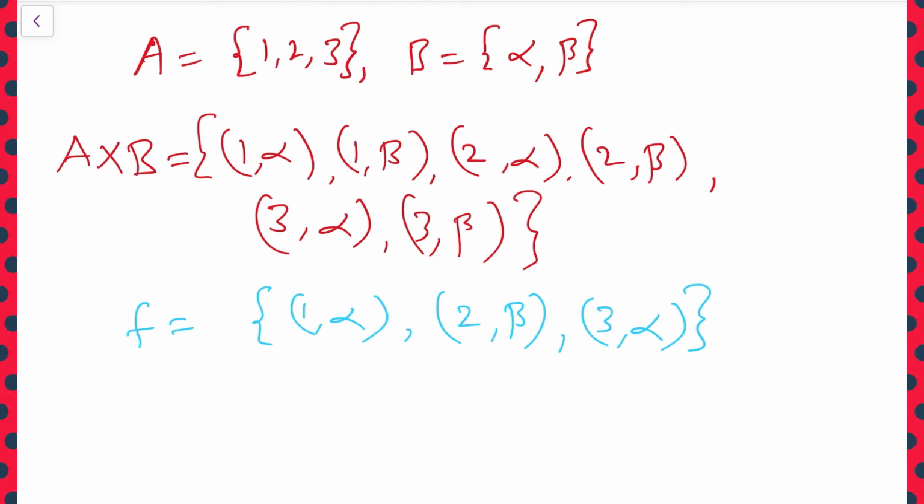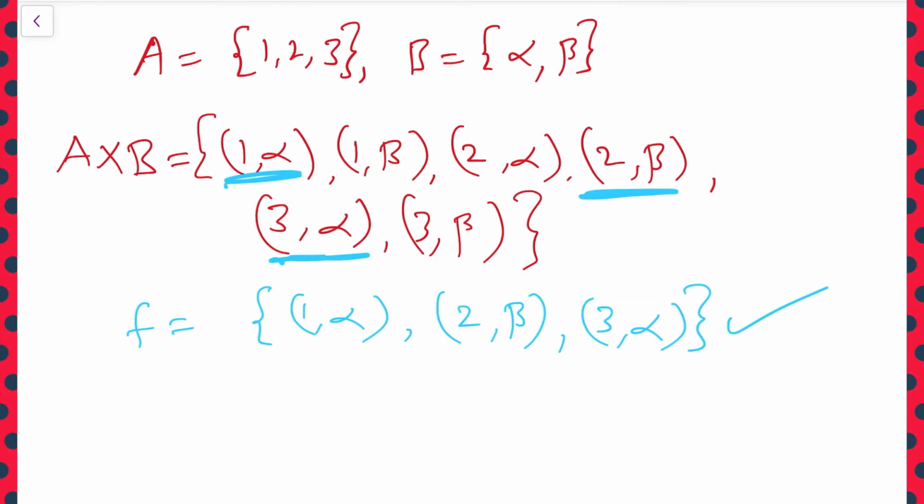So first let us confirm whether this is a relation or not. Relation is nothing but a subset of the Cartesian product. So here we have the Cartesian product clearly. From that total Cartesian product, he is picking up some elements. One is (1, alpha), one is (2, beta) and one is (3, alpha). Obviously, some elements of the total Cartesian product will be a subset. So a subset of the Cartesian product is nothing but a relation. So we can conclude that this F is a relation from A to B.